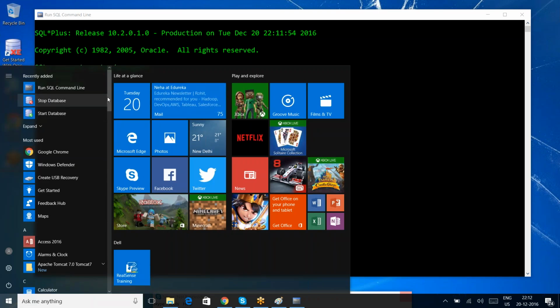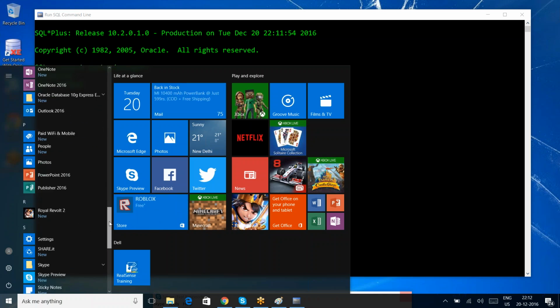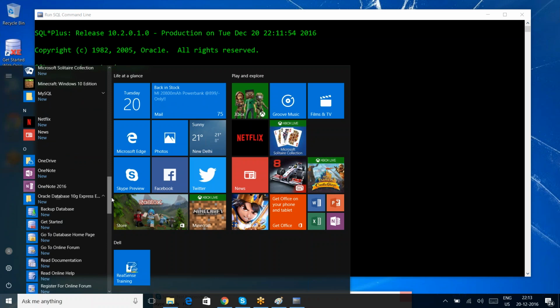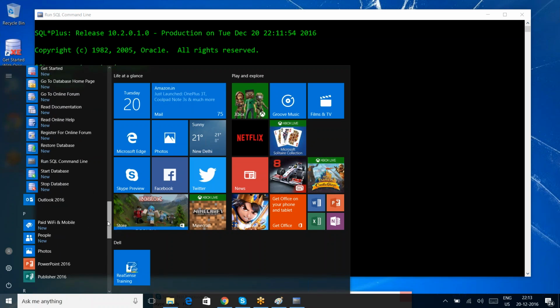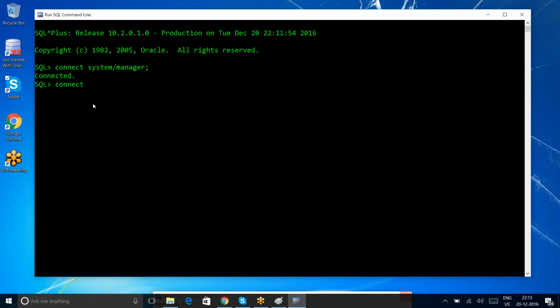From the software I've opened this run SQL command line. So it is in the software itself. When you're trying to install, you'll get it directly from the software. So you have to go for the Oracle database 10G Express Edition. Then inside that you should see that run SQL command line will be there. Along with the software we are getting it and we are just using it, so that it's a storage area where we can connect in two different ways. Okay,